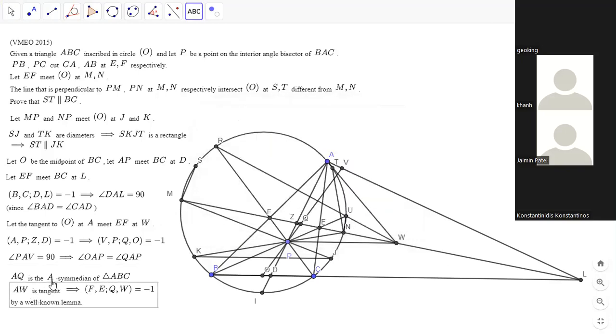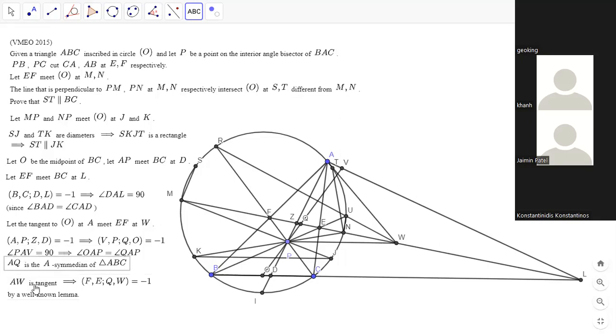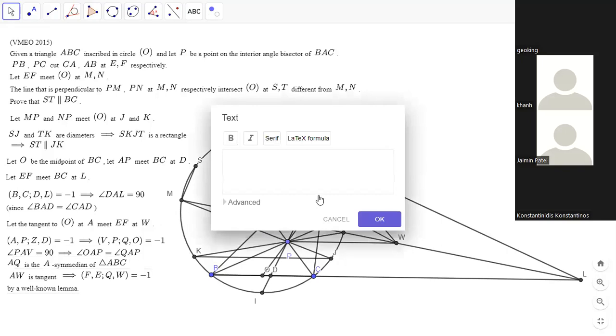And then once we know that, projecting through P, we would get that